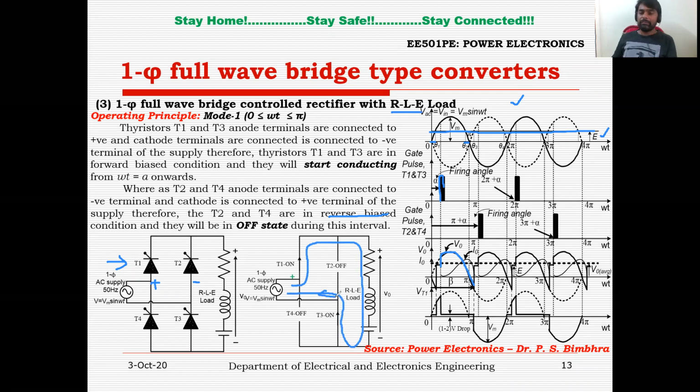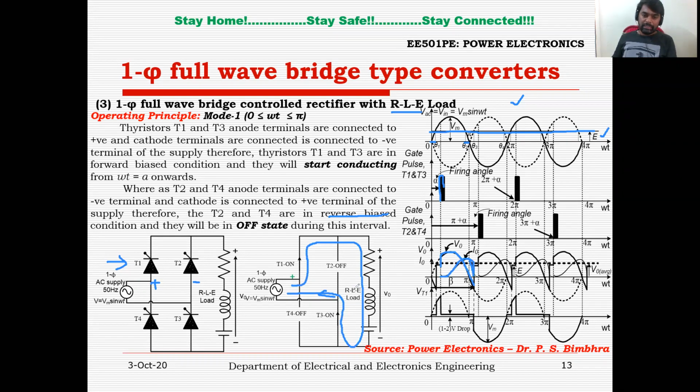So this is the direction of current, which may flow from source to load, right? And since the load has inductance, you can see the current has to lag the voltage by some angle. It is lagging. And thereafter it is discharging like this. So here the inductor is completely discharging.